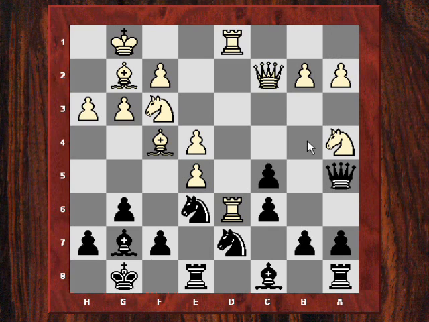Now white plays rook ad1. And now knight b6 was played. So actually knight b6 is only possible because the queen is supporting that c5 pawn. Because otherwise white would have two pieces and there's only one protector from the knight here. So queen a5 was preparing the knight b6, quite logically.